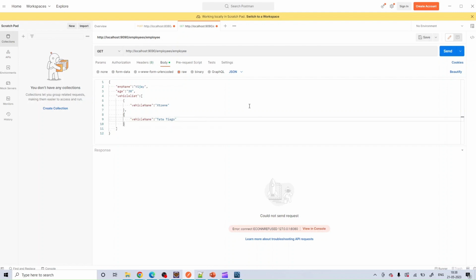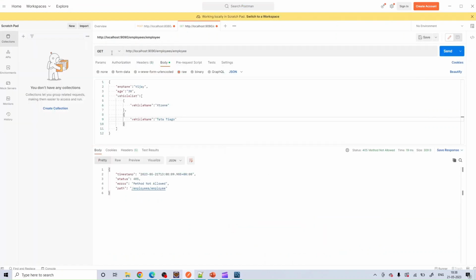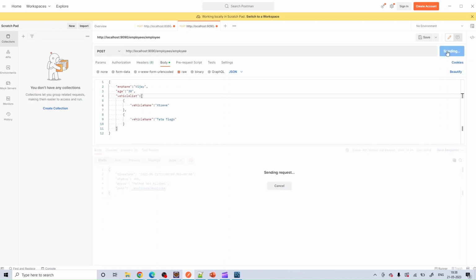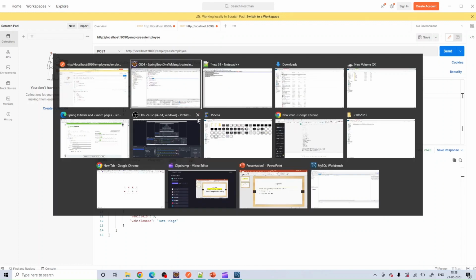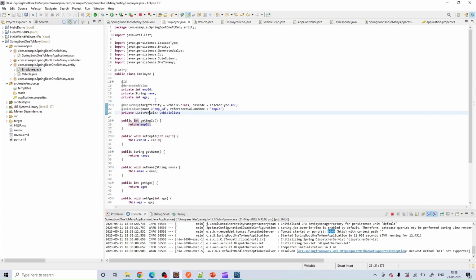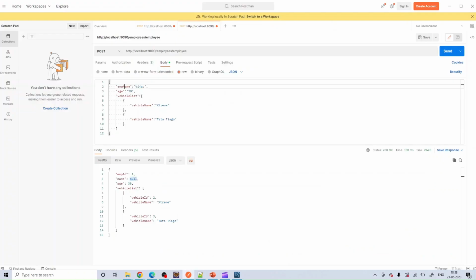If I click on send, it should save this object. Click on send. So it's okay. I'll have to change this to post, and you see the name is coming as null, but other things are getting saved. Also, the employee ID is 1, vehicle ID started with 2, and the other one started with 3. So first I'll have to check why name is coming as null here, because I think the employee is using name, not emp name. So I need to change this object to name,